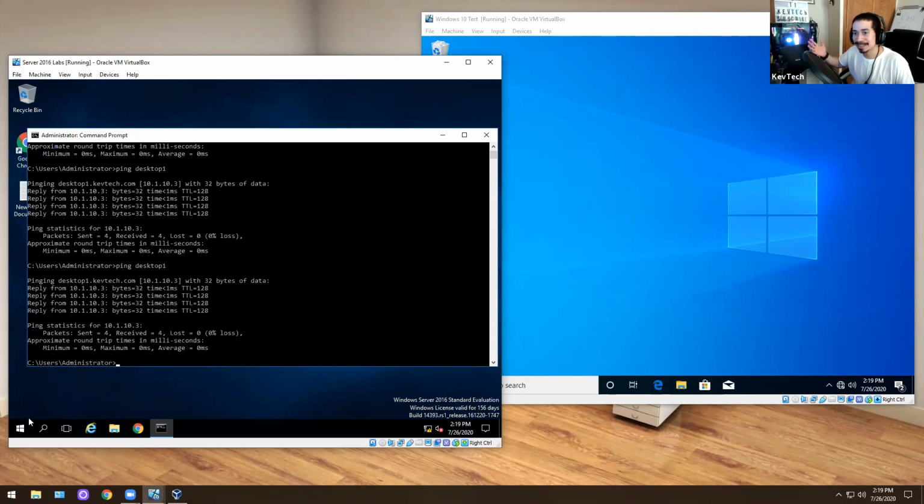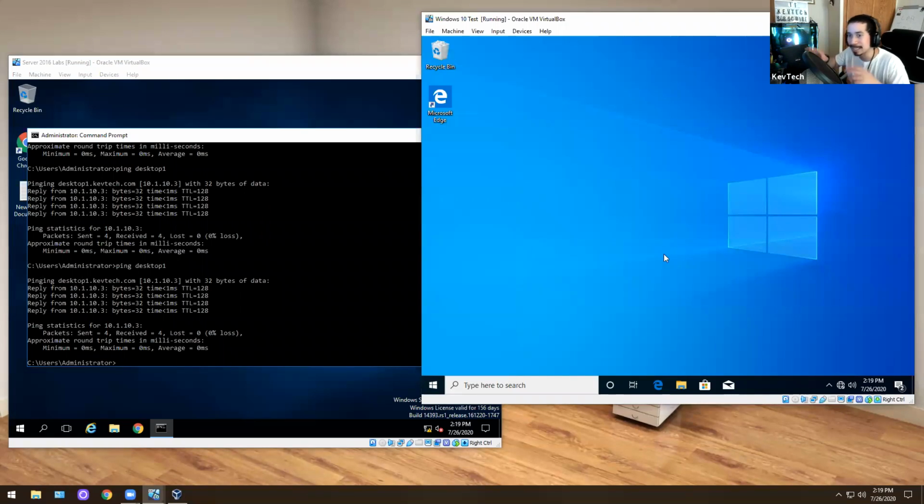So can I ping desktop 1? If they can't ping it, and they can't do anything on it, obviously something's not right. Maybe the VPN is not on, they're not part of a group, or they can't connect to VPN because their account is locked out. That does happen. Your account gets locked out if you try too many times with the wrong password. I don't know if you know that, but VPN will lock you out. So you want to check all those things